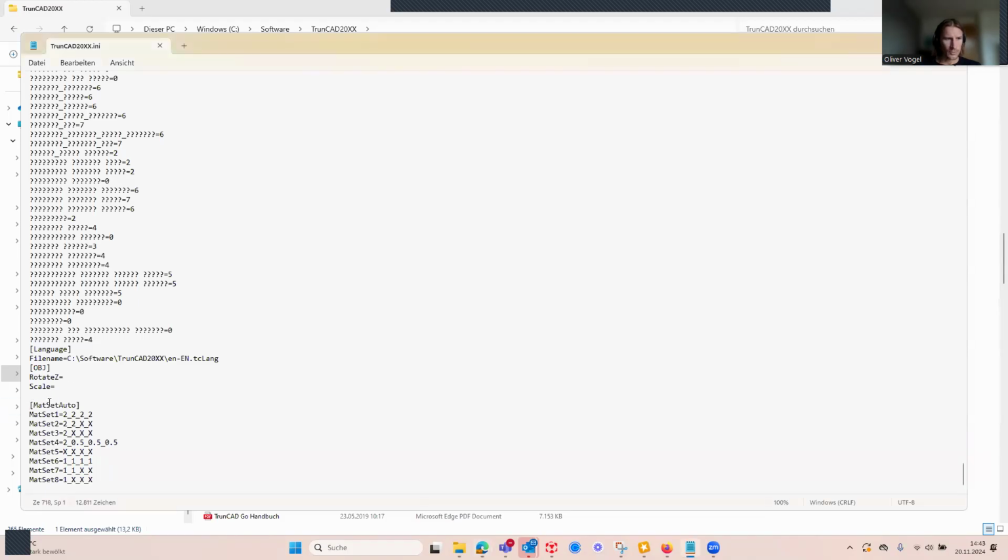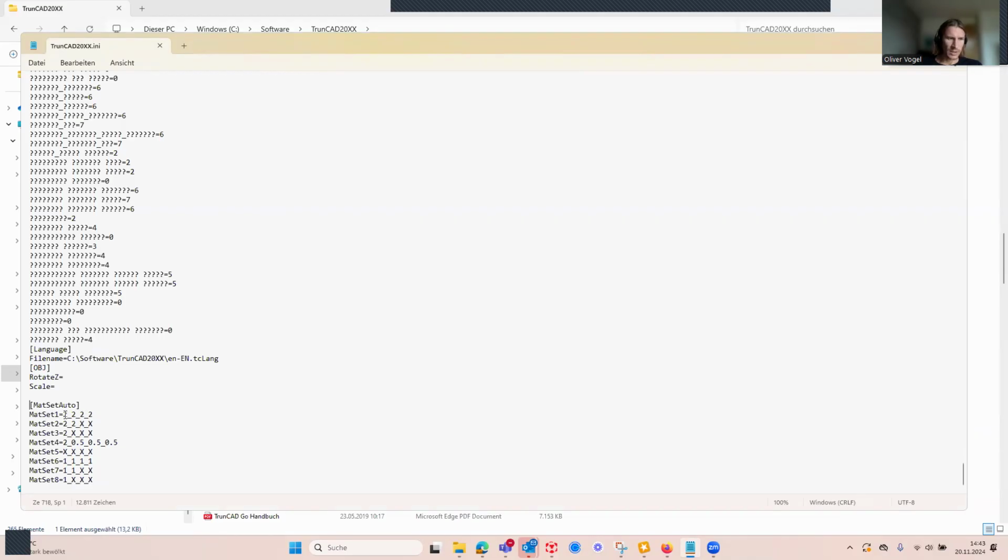So you open the square bracket, type in mat set auto and close the square bracket. And here you can define your material set. We start with mat set 1 equals, and here we type in 2 underline 2 underline 2 underline